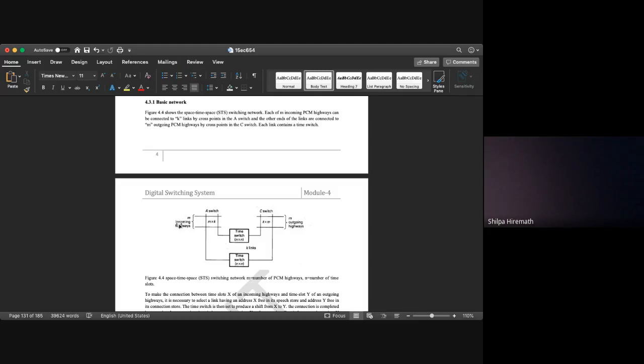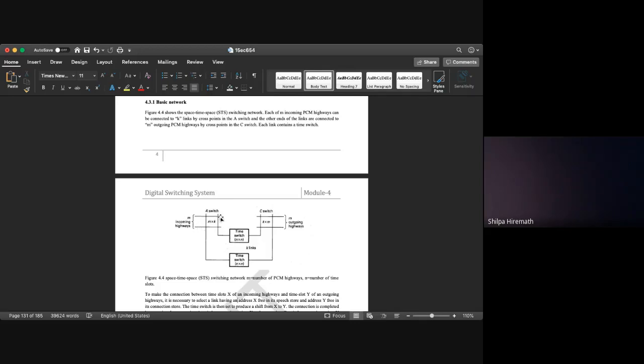So whenever there are M incoming highway lines and here there are M outgoing highway lines. So these M incoming highway lines will be connected to K cross points, nothing but K links. There are K number of time switches and M number of incoming highway lines.